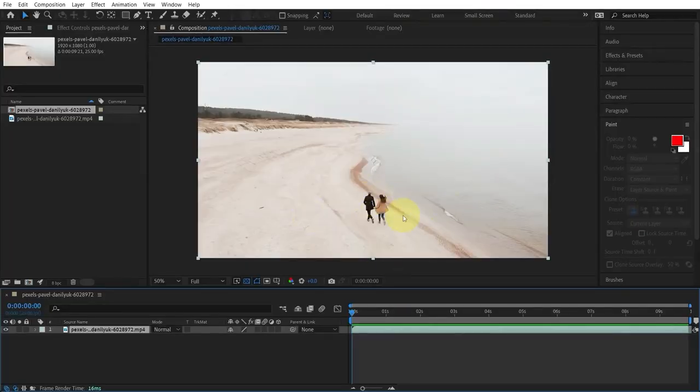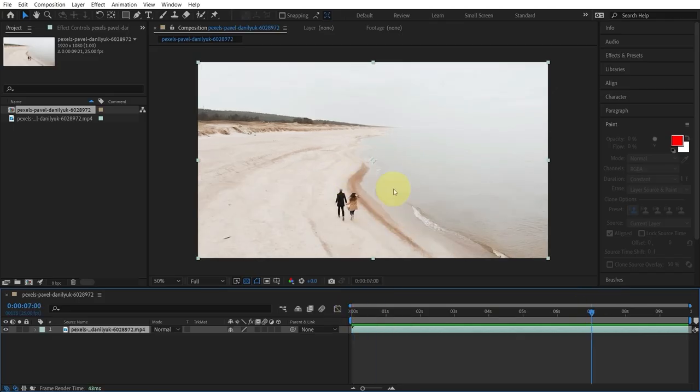So let's say, for example, you shot a video of a beautiful scene, but you have people in it or objects that you shot by accident, and you want to remove that. So in this lecture, I'm going to show you how we can do that using the content-aware fill. So we have the clip right here, and let's say, for example, we want to remove the people and just keep the view. So first thing first, to make sure that you get the best results, you must make sure